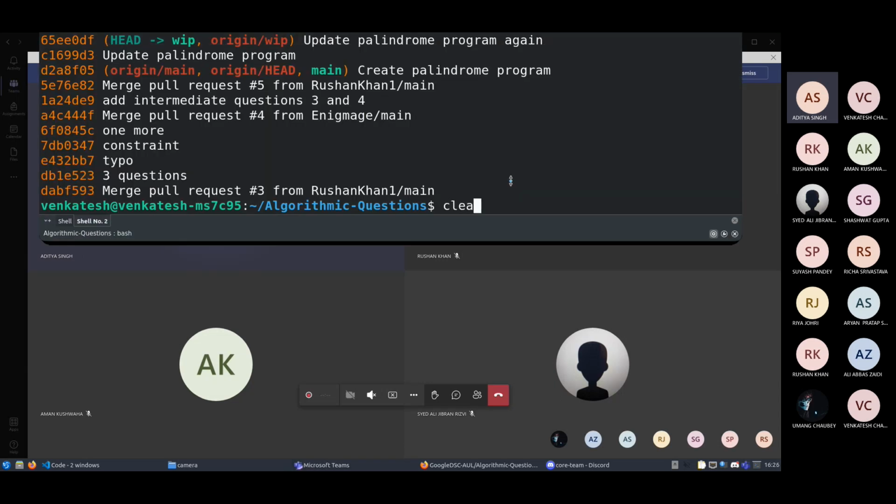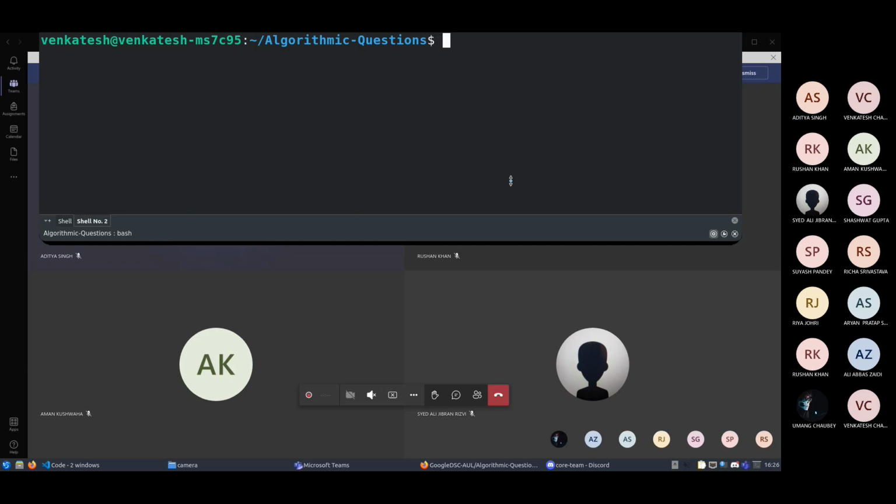Okay, so what I forgot to tell you is Git by default does not know who is making the changes. So you have to tell Git that I am this person. The command for that is git space config space double dash global space user dot name, and then here you will type your GitHub account username.